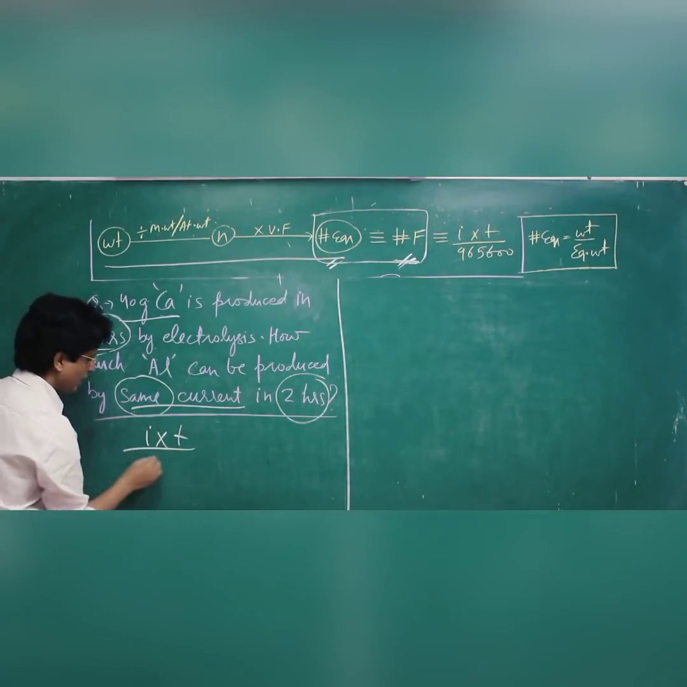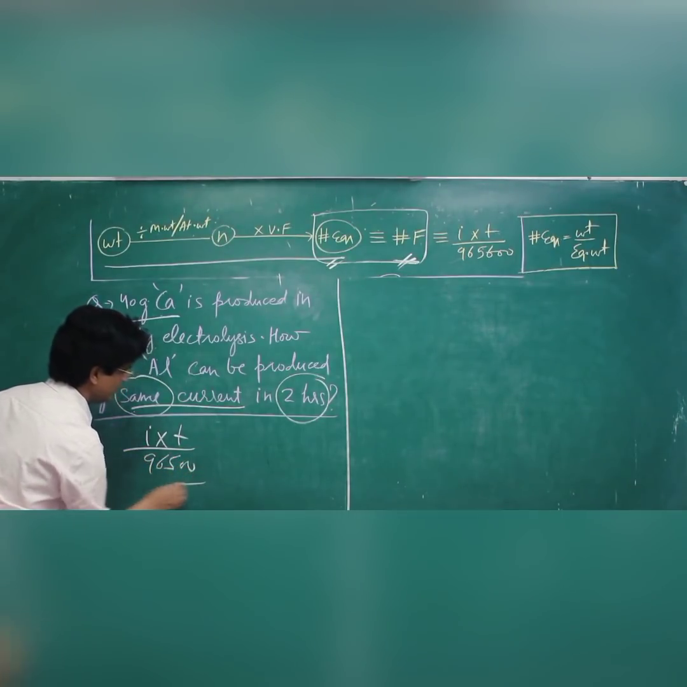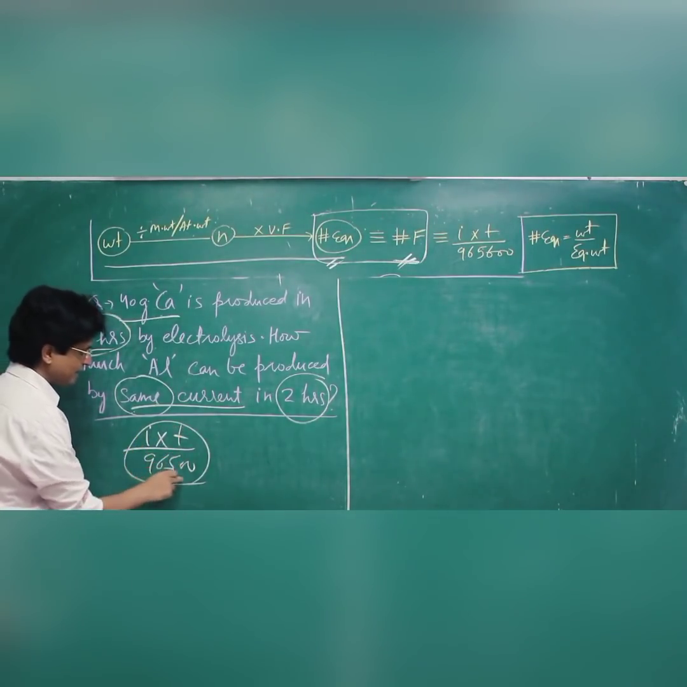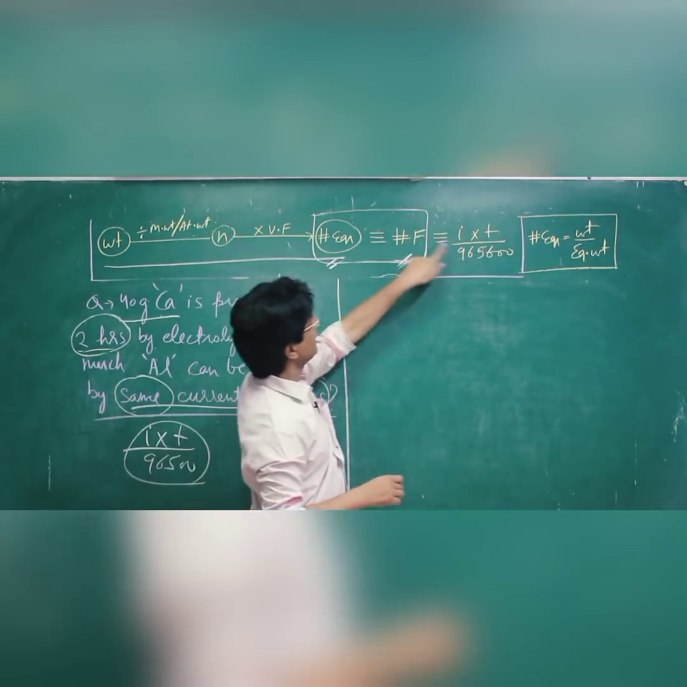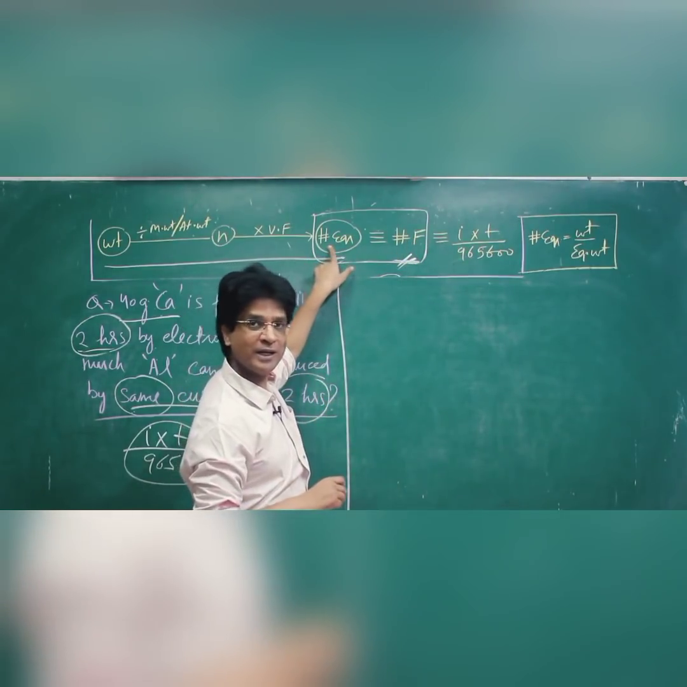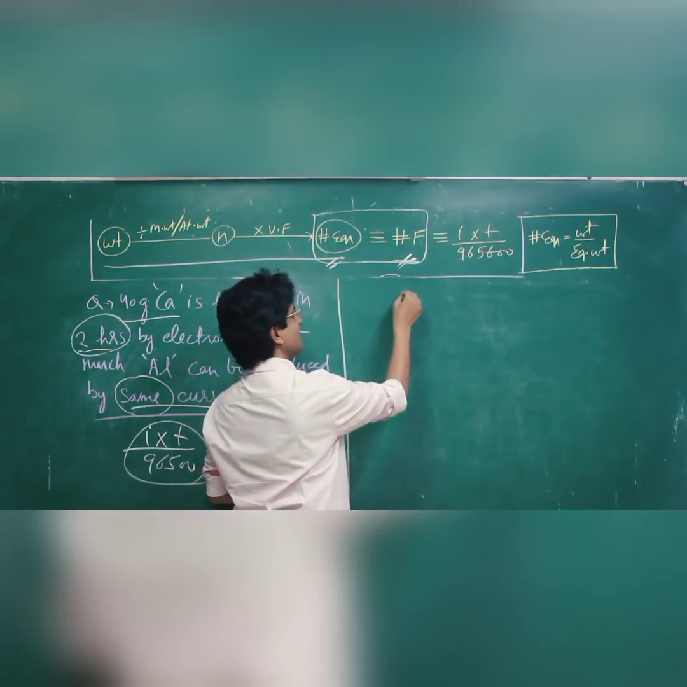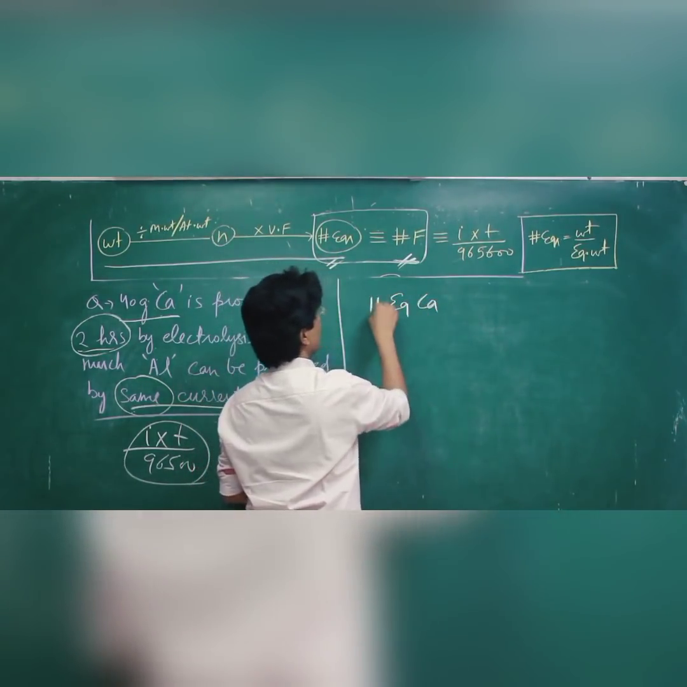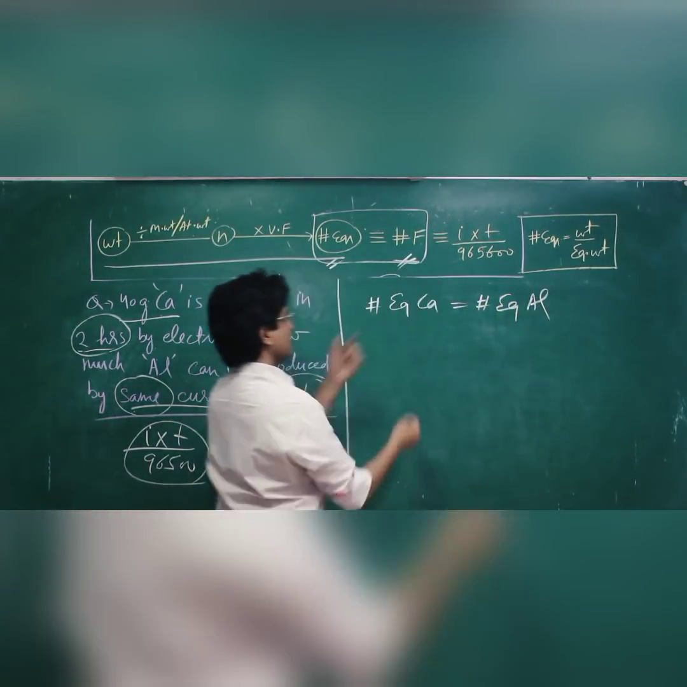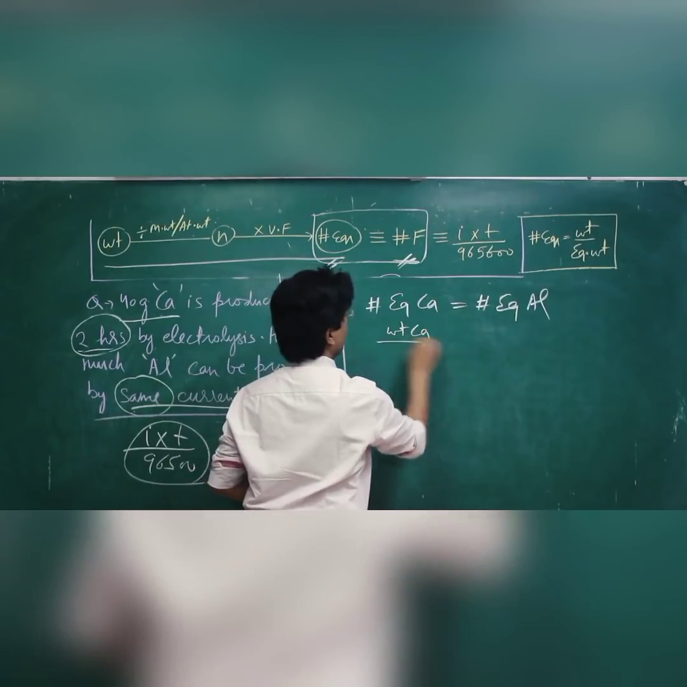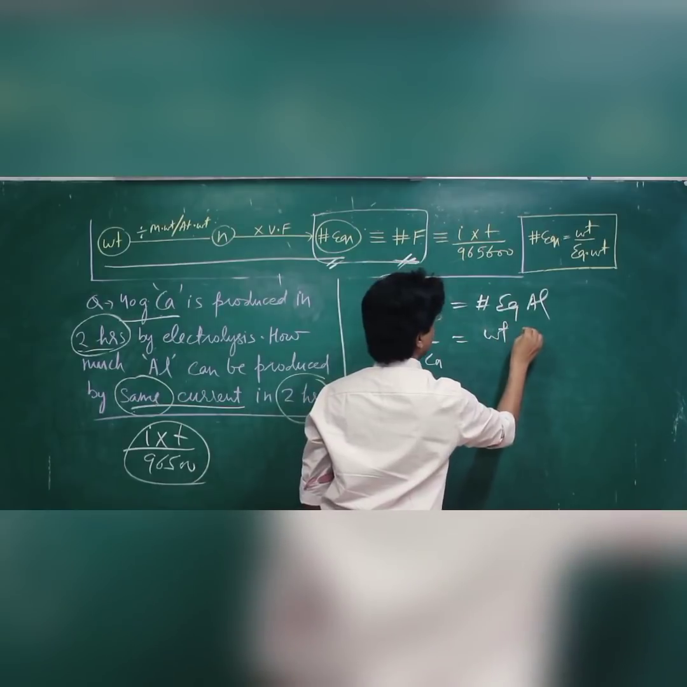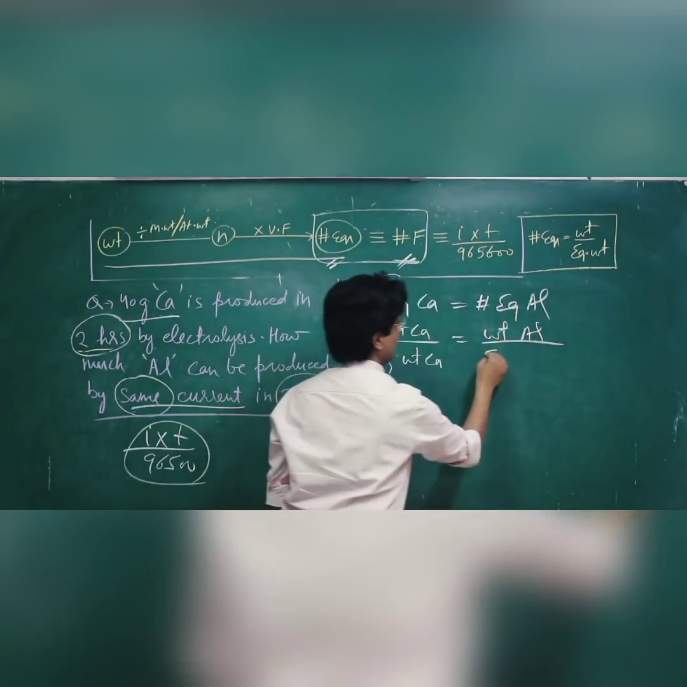So I into T upon 96500 will be same for both aluminium as well as calcium. So if I say I into T by 96500 is same, that means number of Faraday is same. That means number of equivalent is also same for calcium and aluminium. That means number of equivalents of calcium will be equal to number of equivalents of aluminium. Now what is that? That is weight of calcium upon equivalent weight of calcium should be equal to weight of aluminium upon equivalent weight